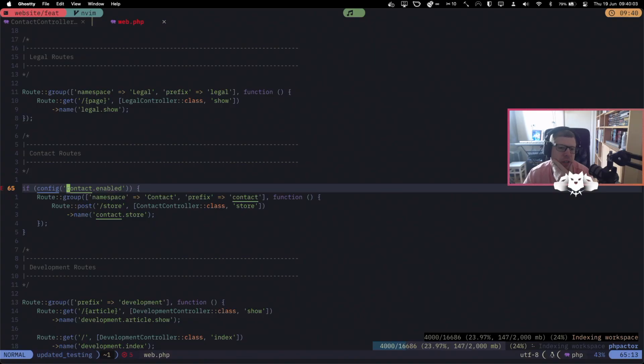We check the config value, config contact enabled. So if in the, we don't check the